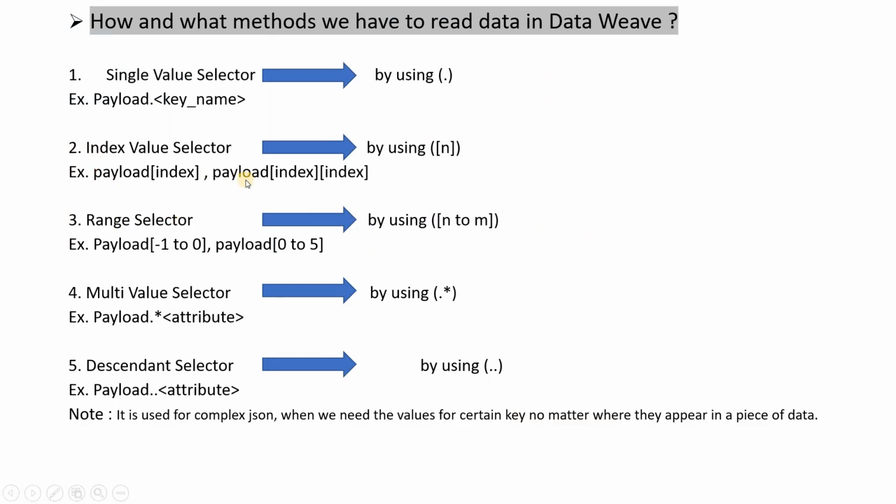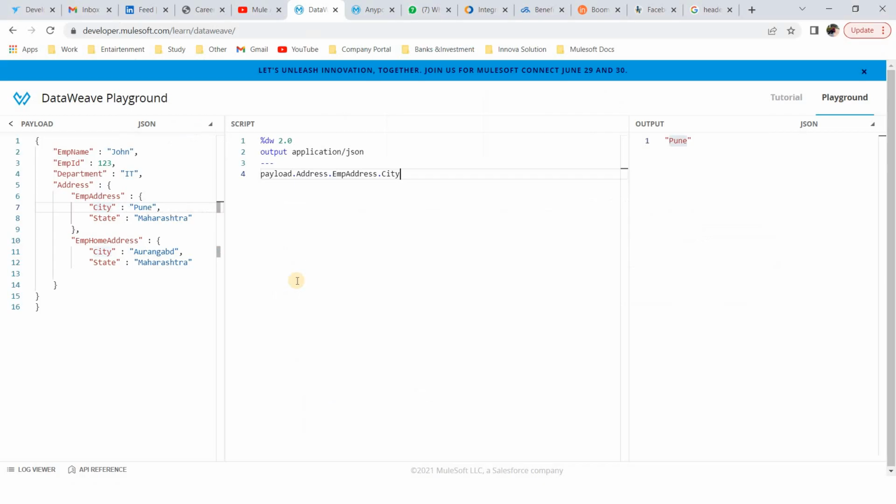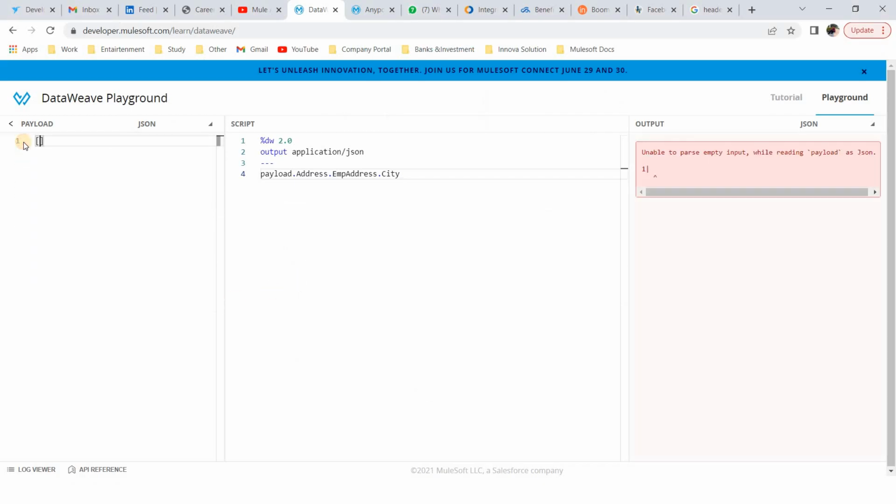Now coming to the index value selector. Let me change my input. Let me define one array.